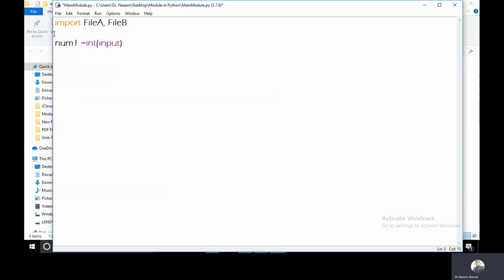Input statement I will use here, and enter first number, and the same statement I will use for another number, num2, and I am giving here enter second number. So now we can call these functions one by one.